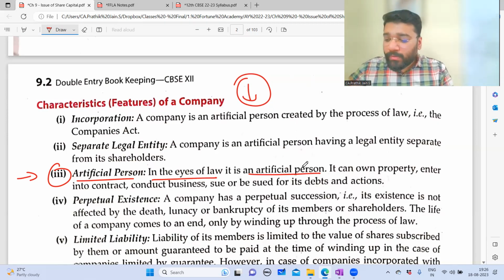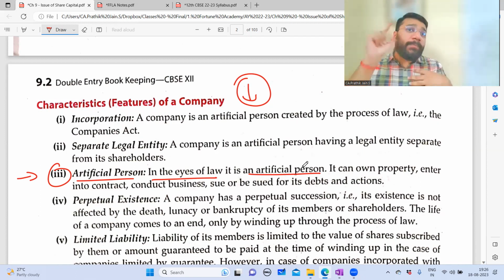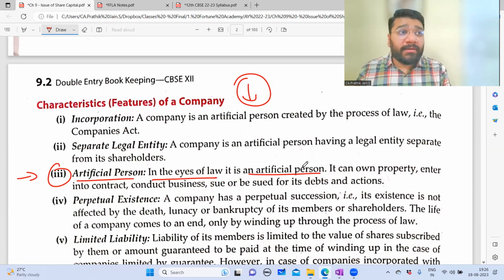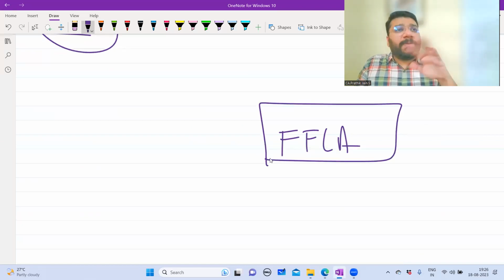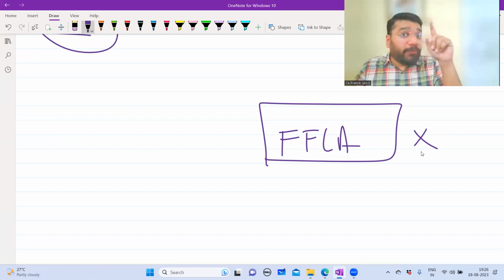Now, guys, a company is there. Let's say I own the company. So all the property. Now, if the company is not given the status of a person, then if I buy the property, in whose name will I buy? My name. So let's suppose FFLA is a company, and as per the current rules and regulations, a company cannot be called an artificial person. Since FFLA cannot be called a person, if I want to buy a property where I want to take, let's say, tuition or coaching classes, then since FFLA is not an artificial person, I'm forced to buy the property in whose name? My name. Because for buying the property, you have to mention the name of a person who's buying it.